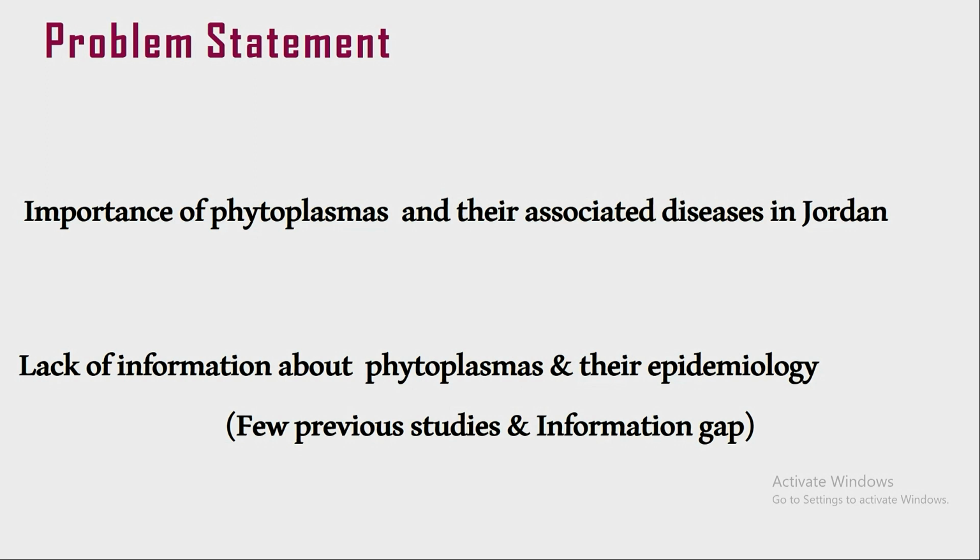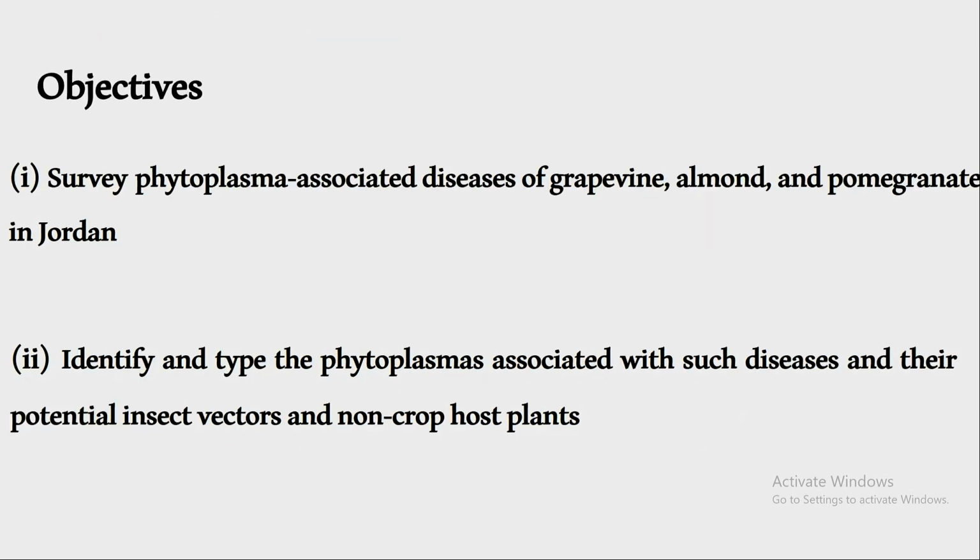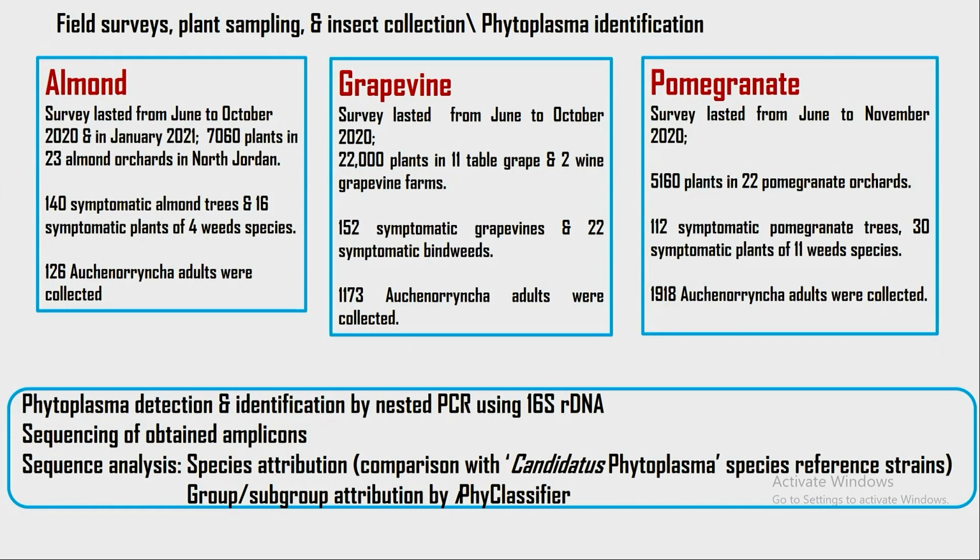Based on that, the current study was initiated, aiming at surveying phytoplasma-associated diseases of grapevines, almond, and pomegranates in Jordan. The three crops were selected based on their economic importance and the symptoms observed in the previous season. The study also aimed to identify the phytoplasmas associated with such diseases, their putative vectors, and reservoir plants. Before going on to methodology, I want to highlight some facts about almond and the other